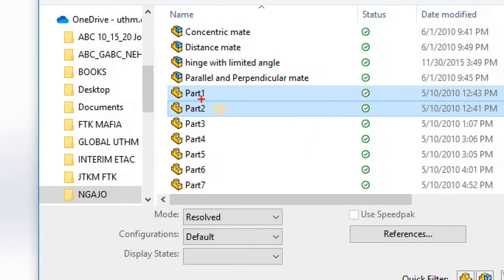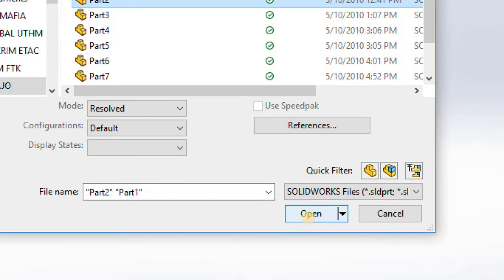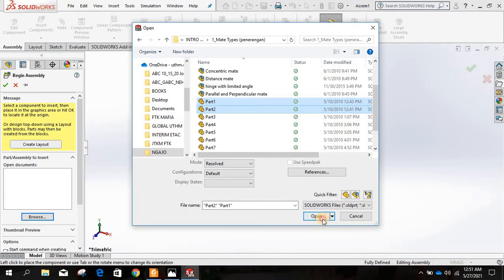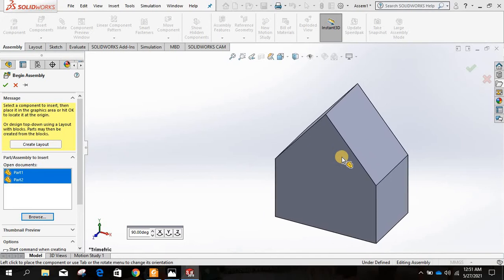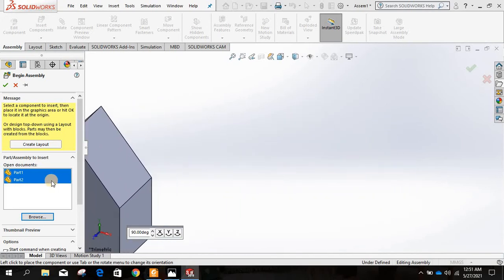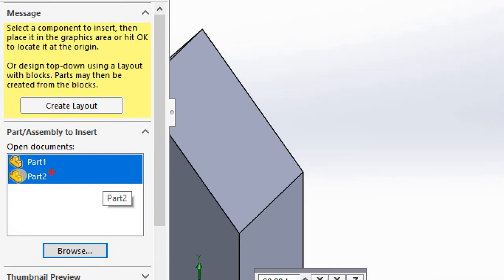After you click the parts that you need to put inside SolidWorks, the next thing is just to click open down here. So yeah, easy peasy. You can see that from here to the left of the screen, there are two parts, part 1 and part 2, that you called from your computer.